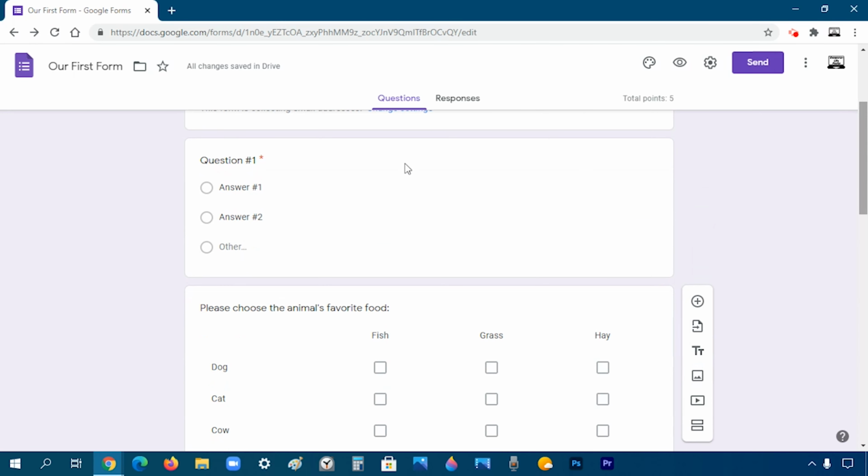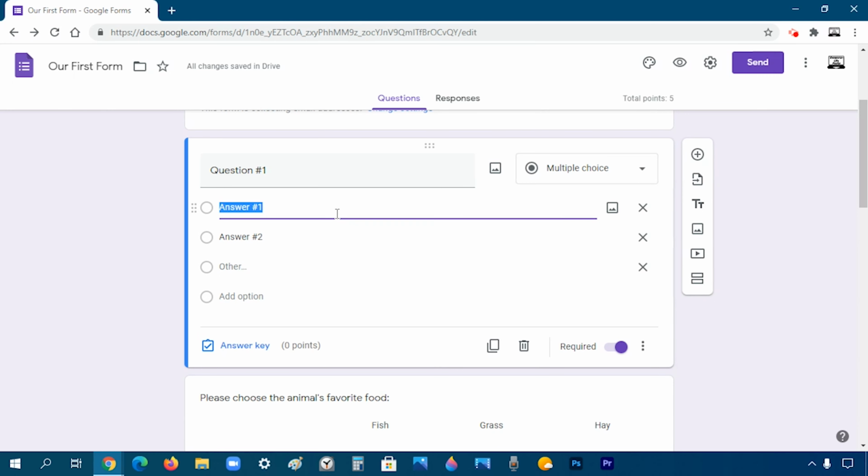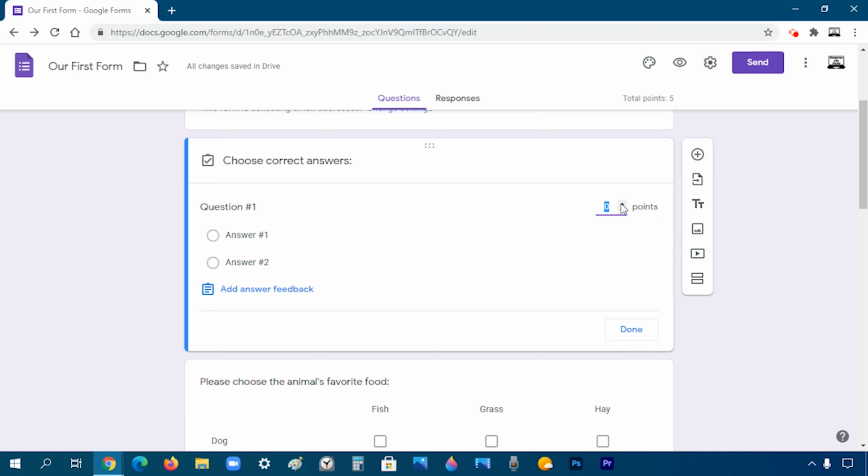Before we test this form, let's choose the correct answer for this question as well. You can have multiple correct answers, but they will only be able to choose one. And you can also add answer feedback.